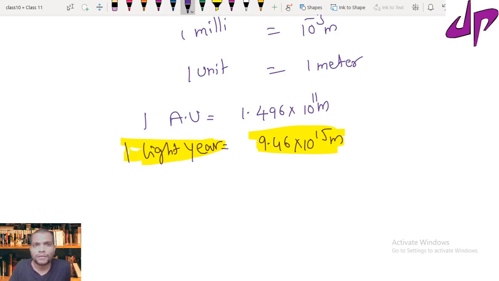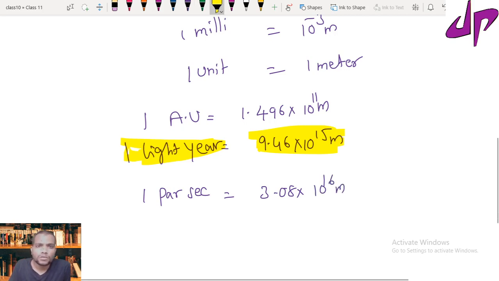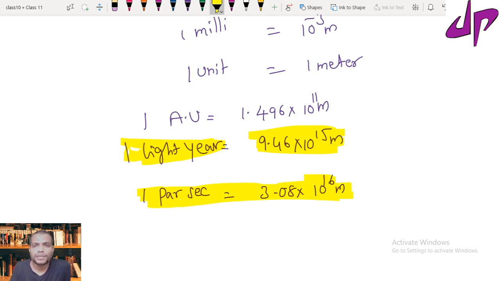Above this we have one more bigger unit that is known as parsec. 1 parsec is the largest length measuring unit. Its value is about 3.08 times 10 power 16 meters. So this is the largest distance measuring unit, parsec. What is this parsec? To understand this parsec,